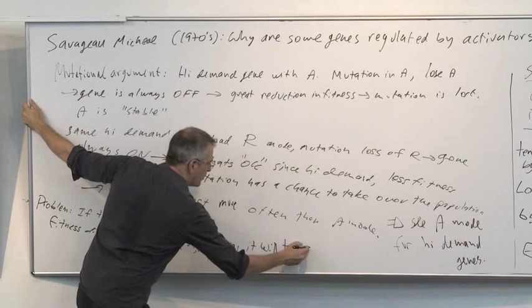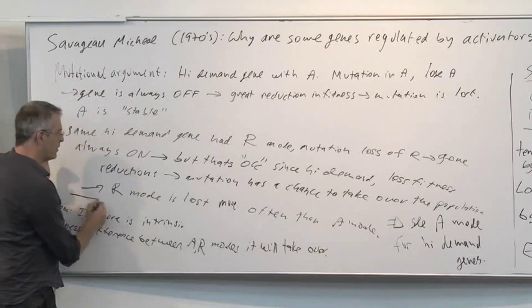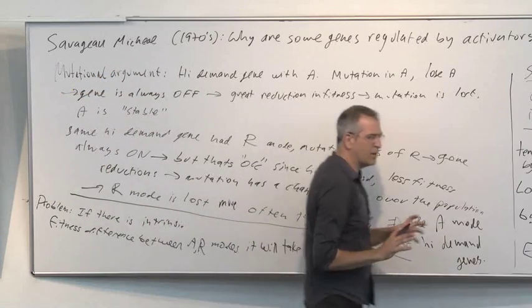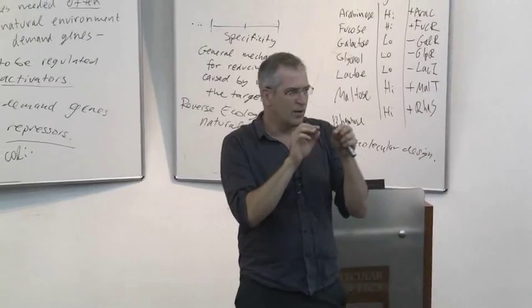It will be more important. These mutational arguments, you might call them second order, because they depend on both cases having exactly the same fitness,